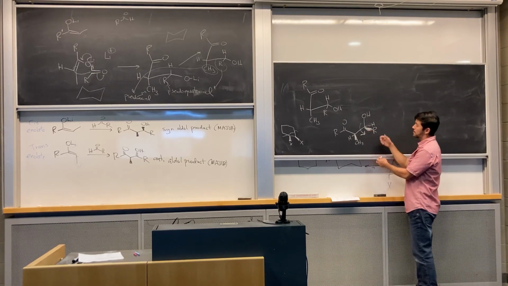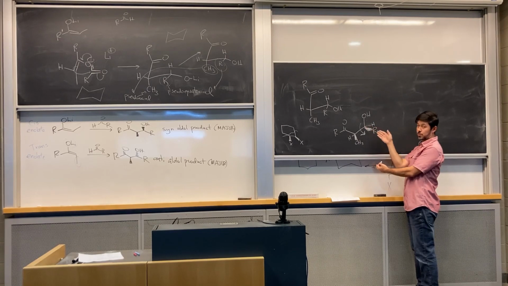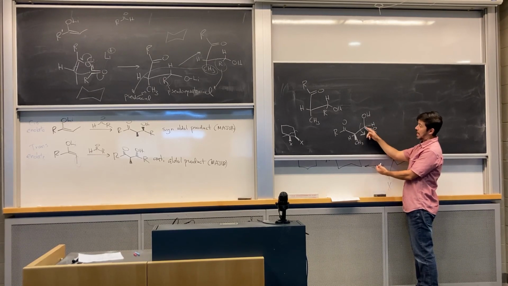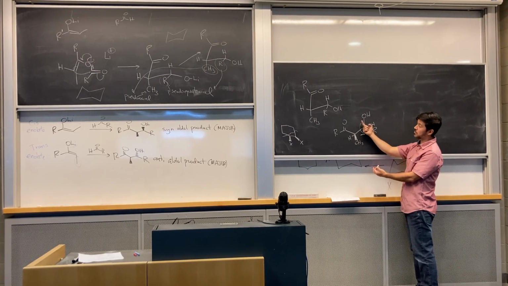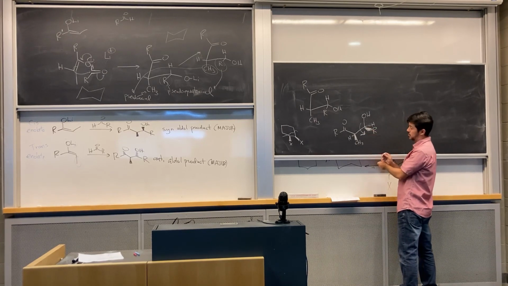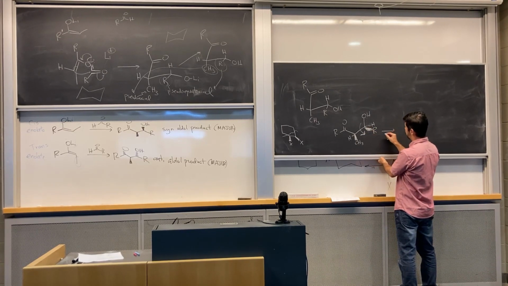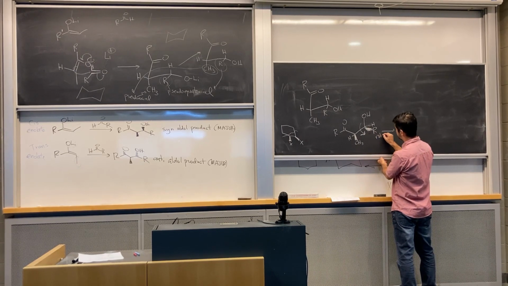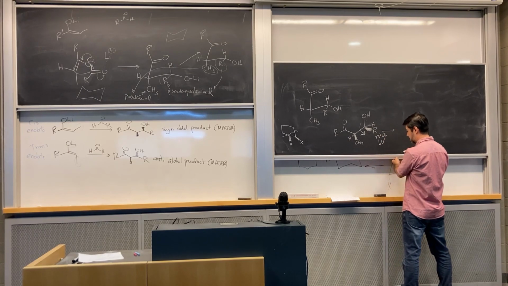If we do that, then this R group that's coming out towards you a little bit will now go in the plane of the page, and then this hydroxide group will come out towards you a little bit, and the hydrogen will still remain behind you. So if you rotate 60 degrees, this is going to look like